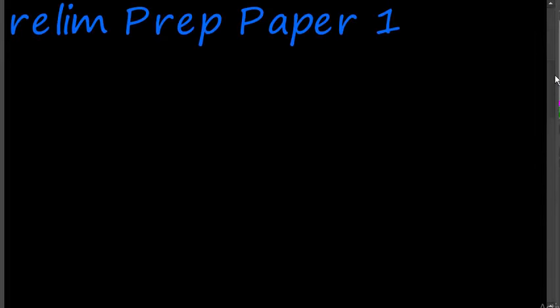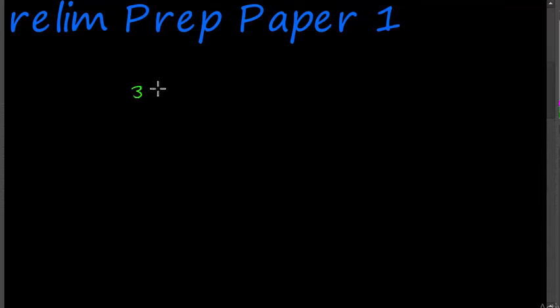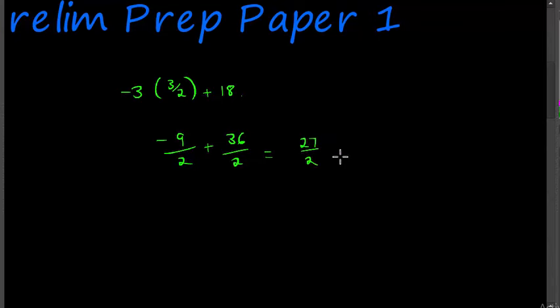So we have -3 times 3/2 plus 18 gives me -9/2 plus 36/2 is equal to 27/2, which therefore is 13 and a half, and then the other one is 84. So this is then the one coordinate,